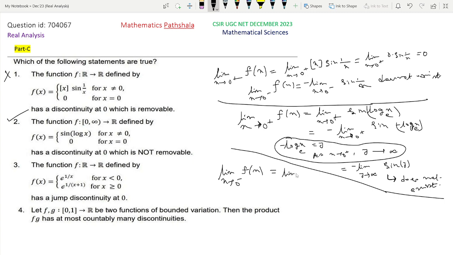This is the limit as x tends to 0 minus of e to the power 1 by x, and clearly this actually does not exist, or we can say it is better to say as x tends to 0 minus, then this 1 by x tends to minus infinity, and e to the power 1 by x